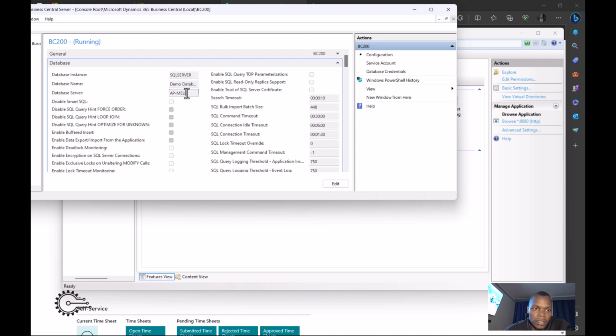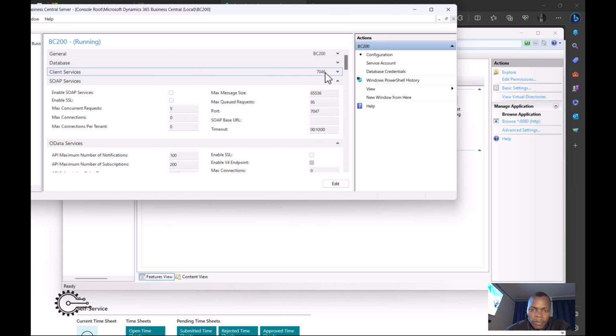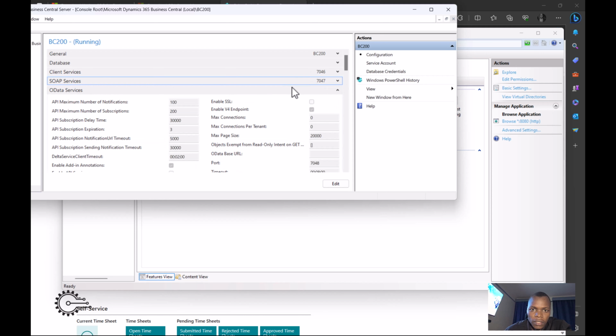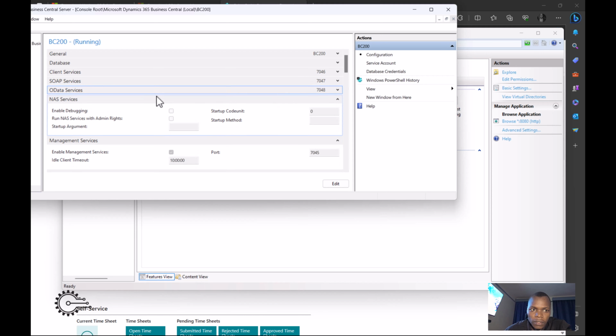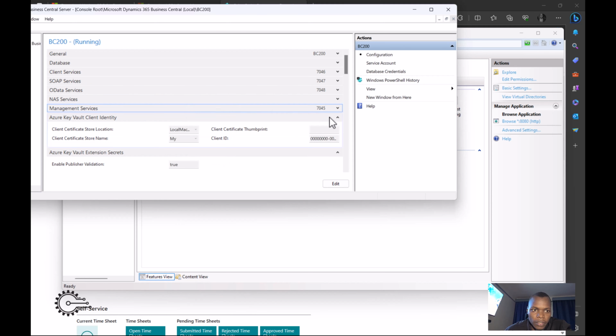So this is the database server that I'd already installed earlier. And so the ports are mapped here. You can see the client service port is 7046, the SOAP is 7047, the OData and the two for the APIs. And for the management service, we have